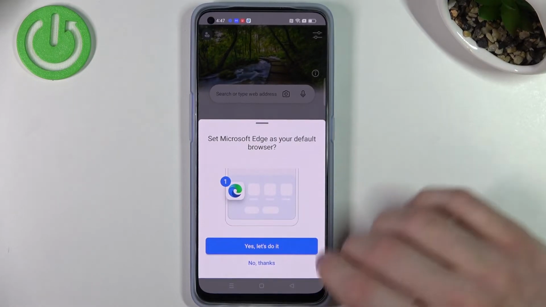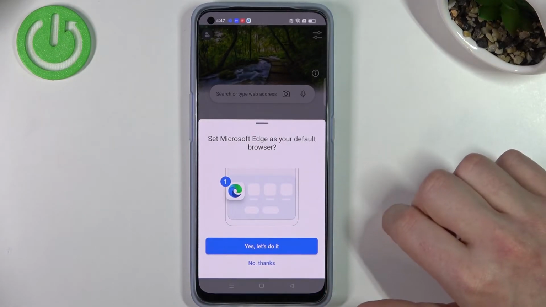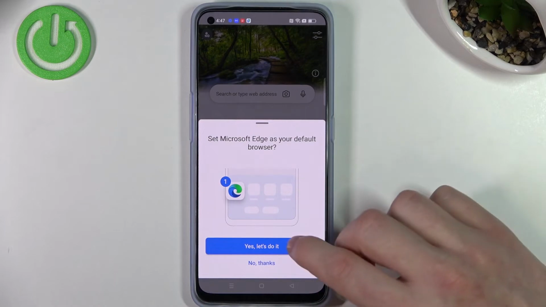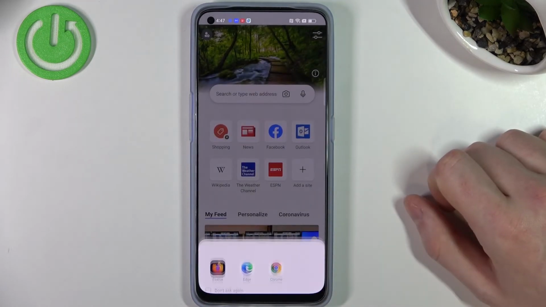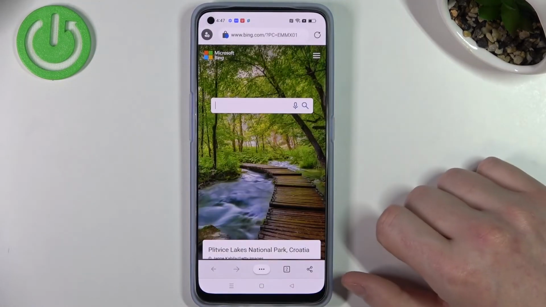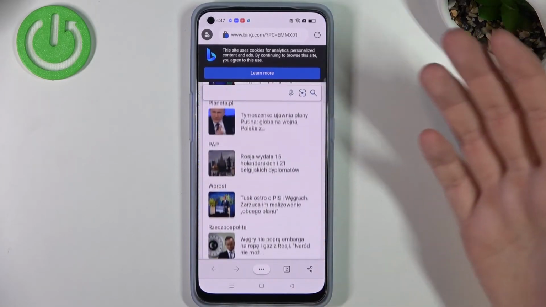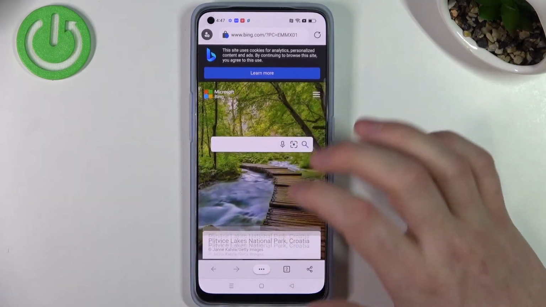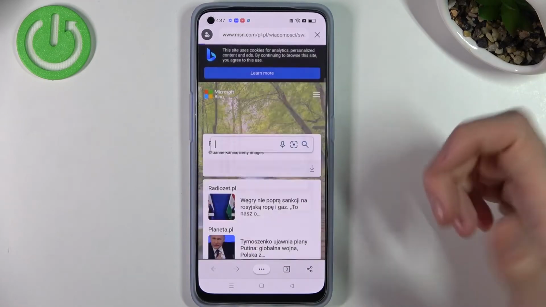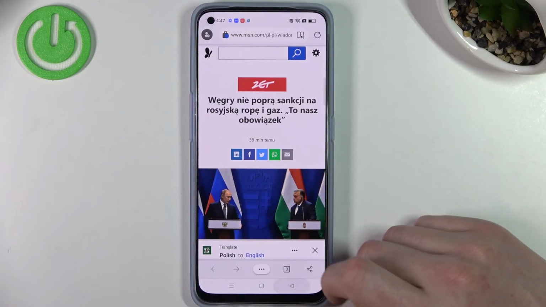And here, if you want to set the Microsoft Edge as your default browser, you can do it by pressing yes, let's do it, and picking Edge browser. Now the browser is ready and it should load any page properly, so let's just open that, for example. And that's it for this